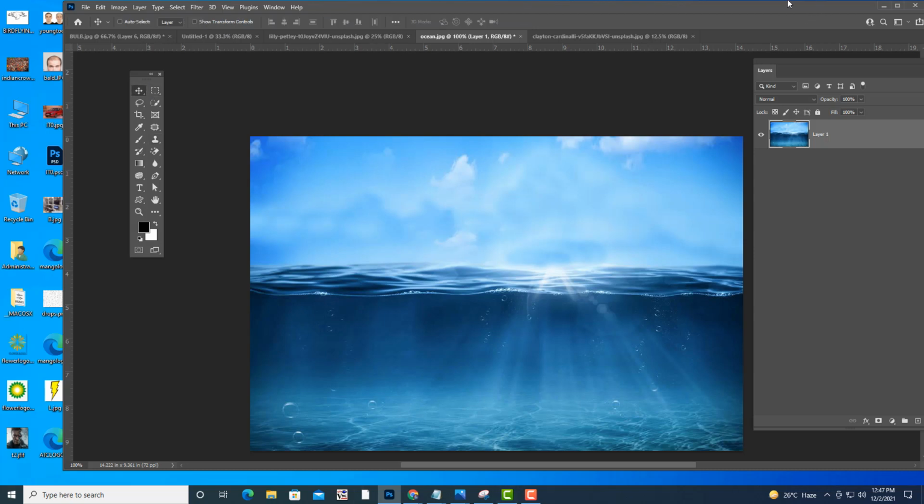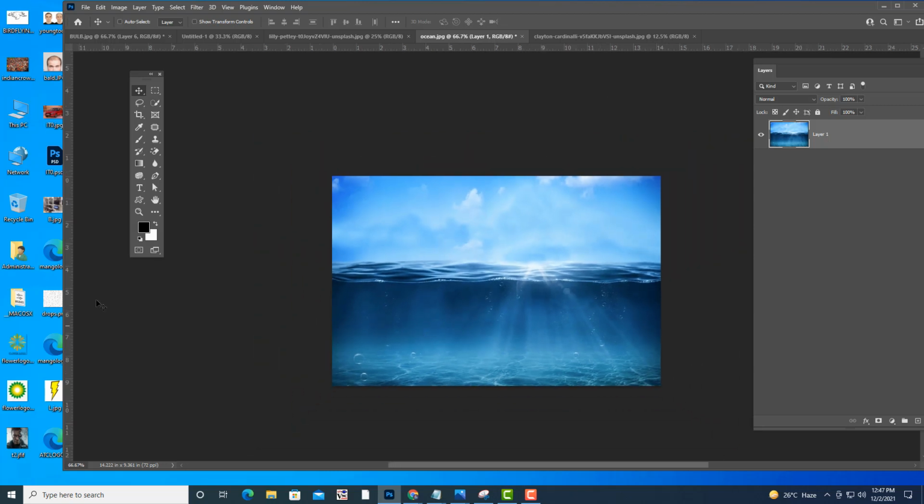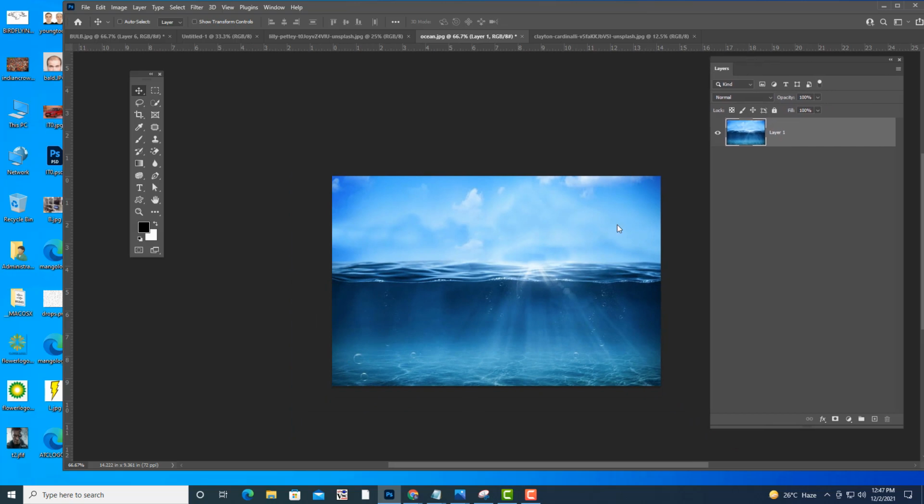Then, what is the next thing we can do? I am going to select this ocean surface. So we can select the ocean surface. Take a pen tool. Make sure that the option is path.